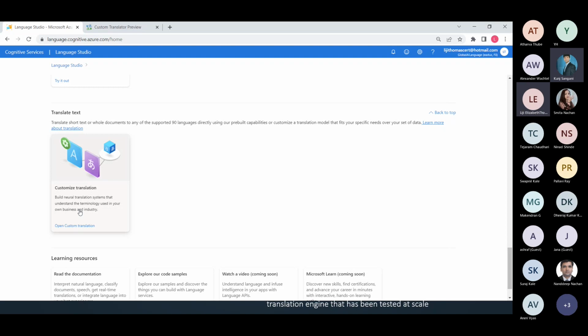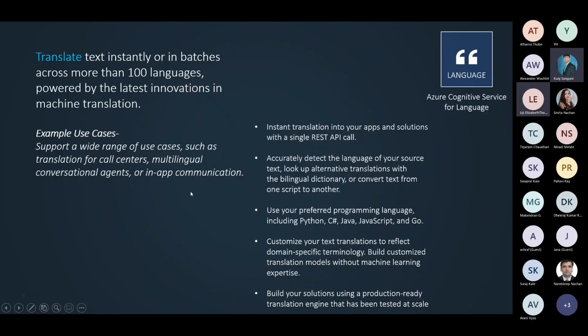Off the bat, translation capabilities are powerful. We've seen this probably for years, but then it gets tricky when you ask it about specific business terms or specific domain terms. So it's great to know that we have the capability to do that. Again, something we don't have to reinvent from the start. So that is about translation.